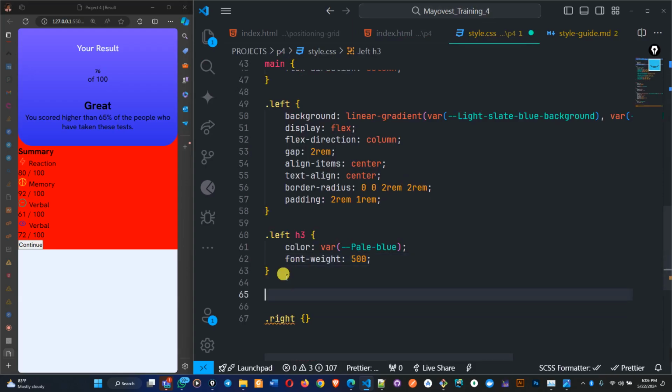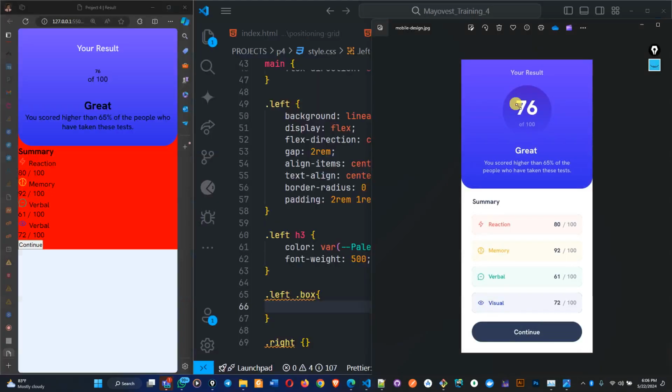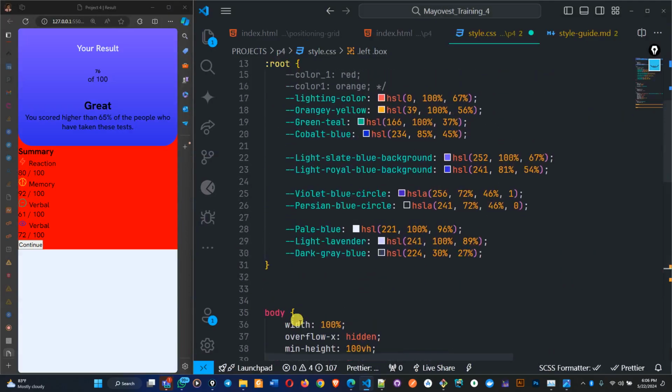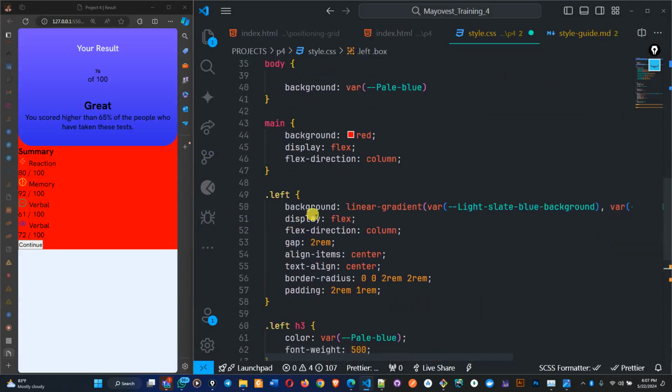So what do we need to do? On the left side, I have a class box, which we need to apply the gradient. So this is the box here. So this box is this circle here. So what do we need to do? We need to give it height, we need to give it a width, and apart from that we need to move all the content inside it to the center, and again change the color, and apart from that we need to apply a gradient as a background, just like the way we did for this left here